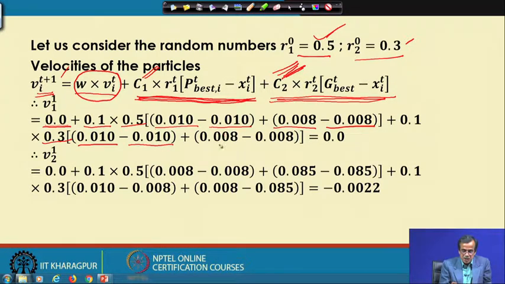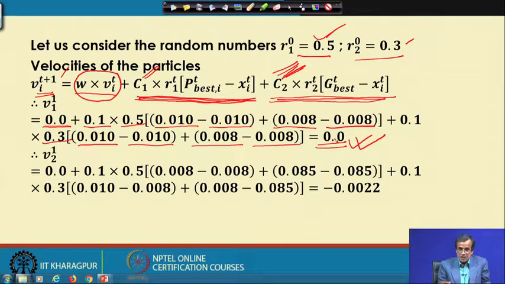Then 0.008 is the global best corresponding to h. Now, 0.008 is the numerical value of h corresponding to the first particle, and if we calculate, ultimately I will be getting 0.0. That means the updated velocity of the first particle at the next iteration is equal to 0.0.